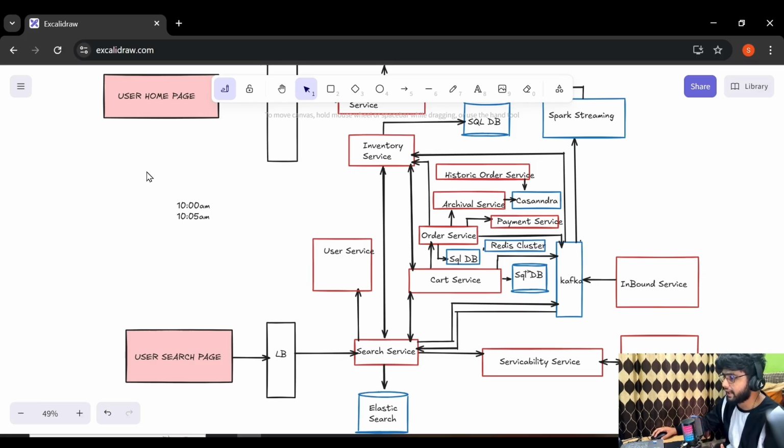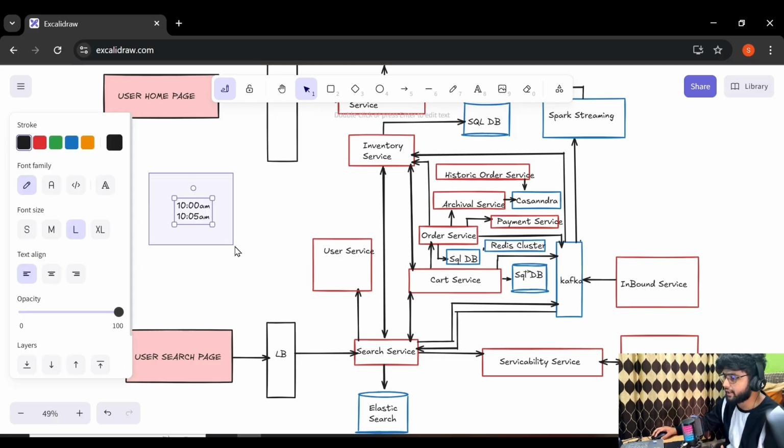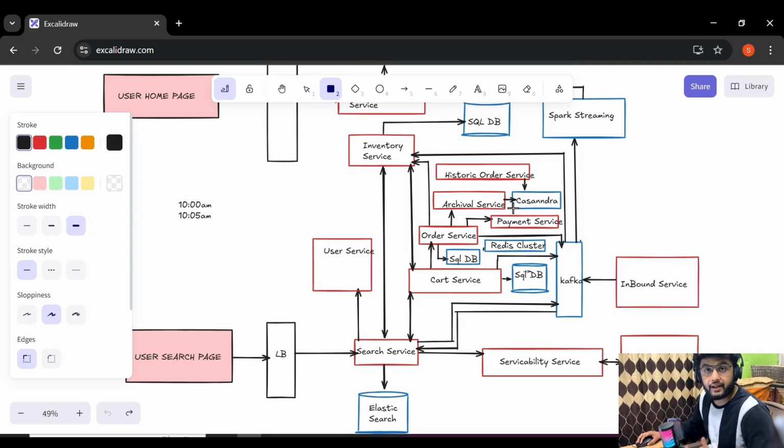As we discussed, we stored the order creation time and the expiration time of the order in Redis. Now let's say till 10:05 no payment happened. So in this case the entry will stay in the Redis cluster, because if our payment gets successful or if our payment gets failed, in both cases we were deleting the entry from the Redis cluster.